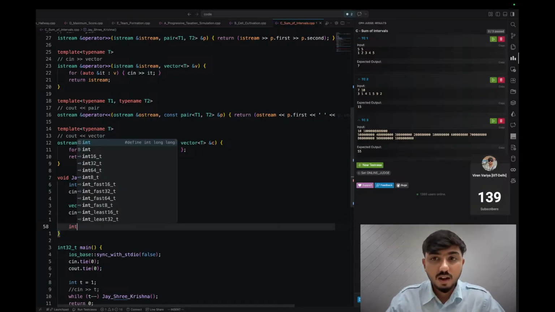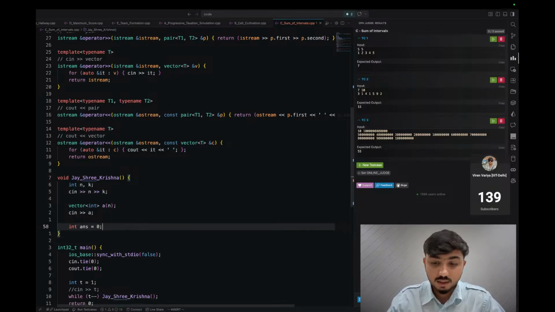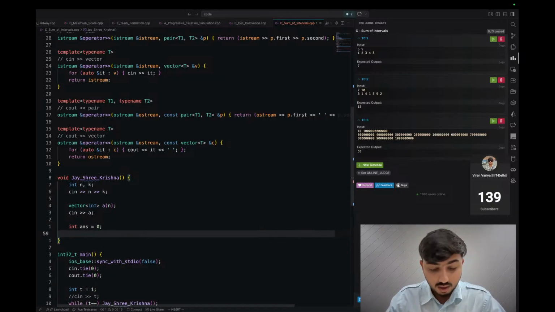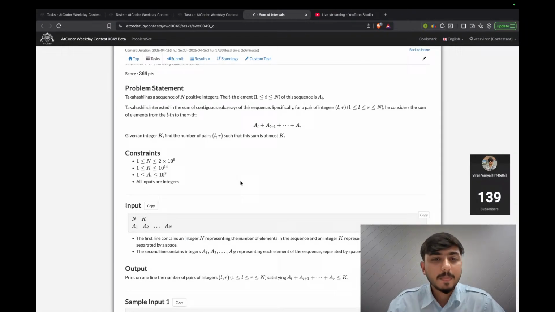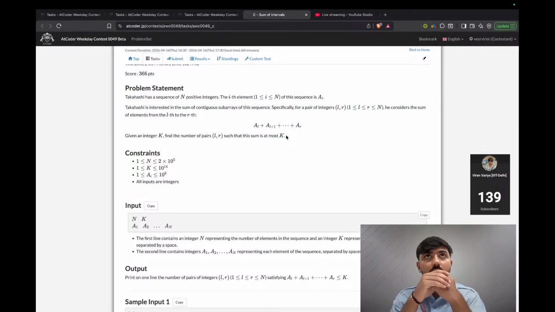We have to find our answer. Let me declare answer equal to 0. And also, at most k. So what we actually need is